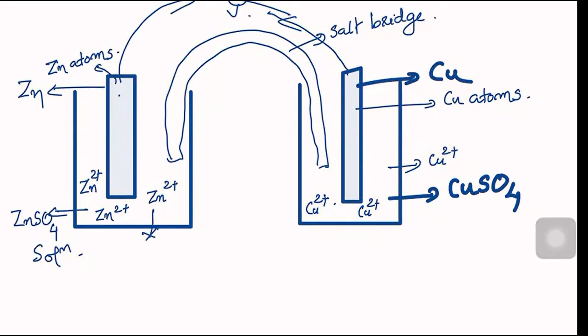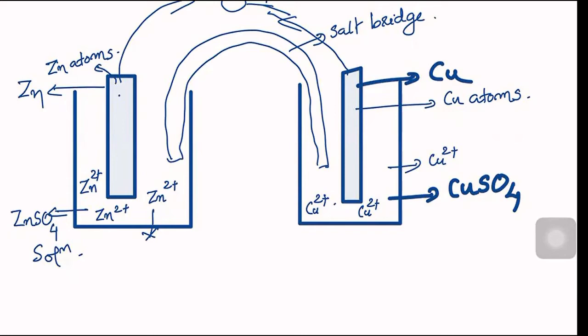For that, instead of a voltmeter, we will put a galvanometer. The galvanometer will tell you the direction of the electrons. And we found that the electrons are moving from zinc to copper. So how do we find from where to where electrons move? Very simple. We put a galvanometer or galvanoscope and find in which direction electrons move. And we got the information that electrons are moving from zinc to copper.